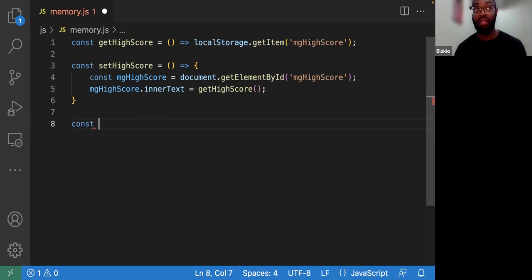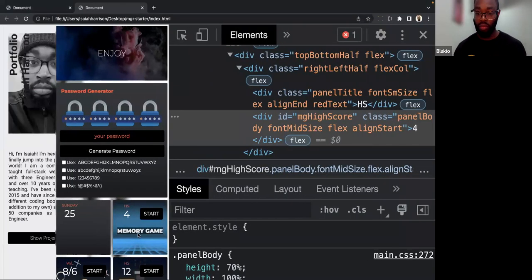What I'm thinking is whenever we go through this whole thing here, we're going to be setting up some variables, some stuff to keep track of which stuff was clicked, a bunch of stuff that we have to track. Every time we come back to this home screen, let's just call this the home screen here, where it just says memory game, we've got to reset everything.